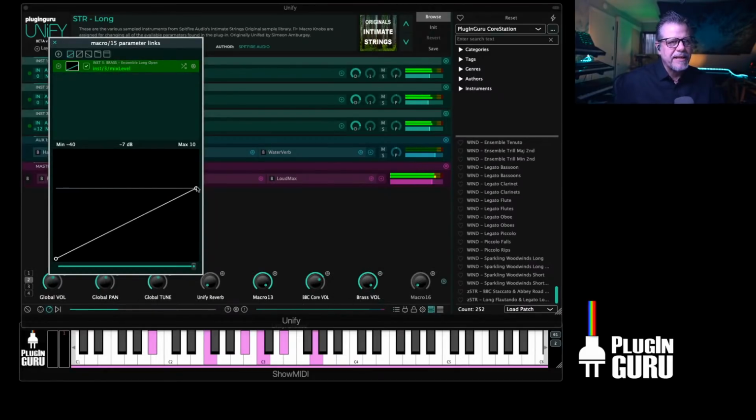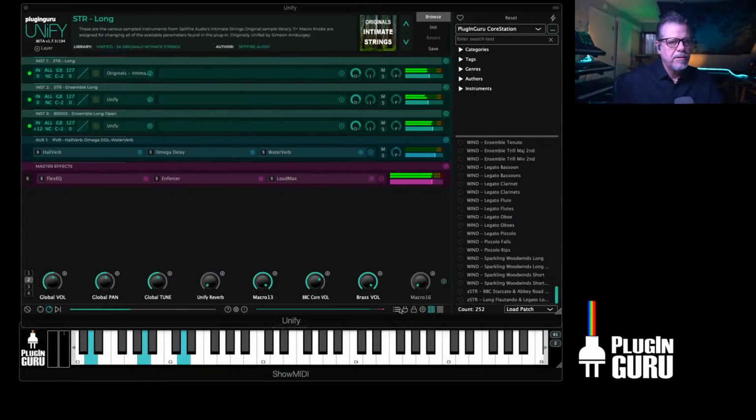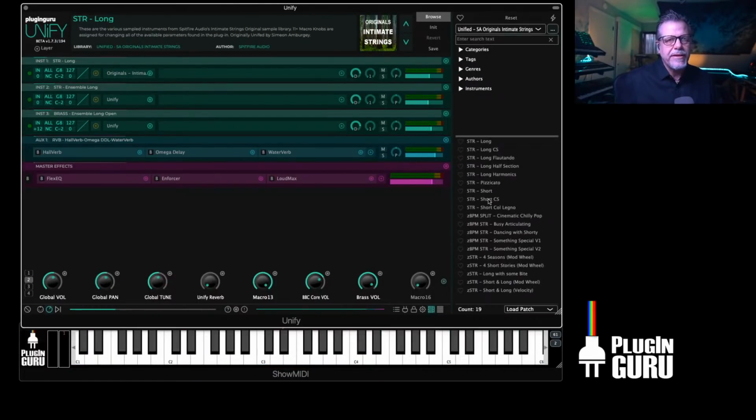If I want this to be able to get louder, all you have to do is go to this page and, right? So it's really, really fun to play with it that way if you want. So Intimate Strings is a wonderful $29